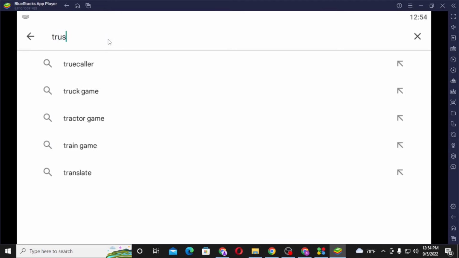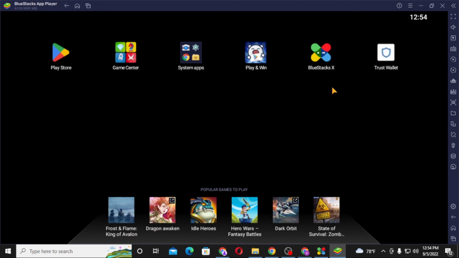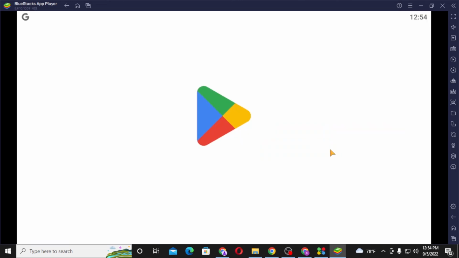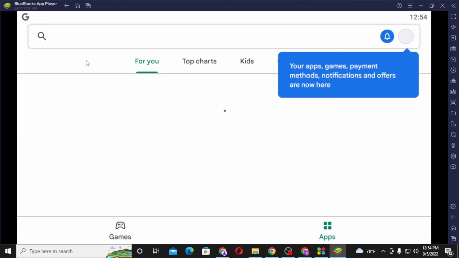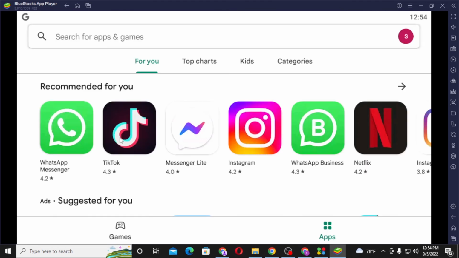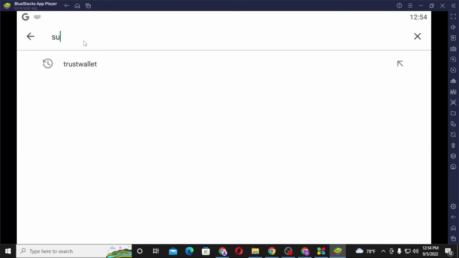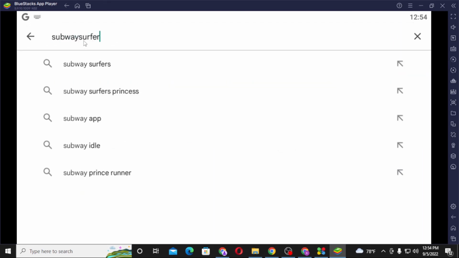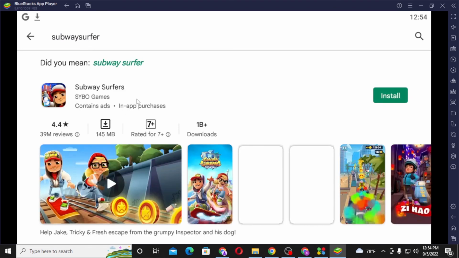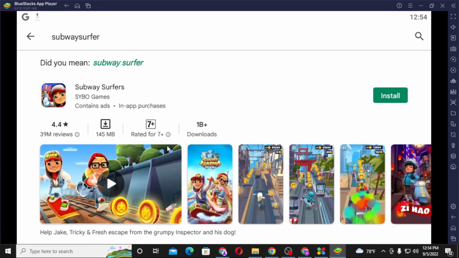For me, you can see Trust Wallet over here, and you can update your Trust Wallet from over here. Let's open it again. If you want to install TikTok, you can see TikTok available over here, Netflix, Facebook, and let's go for Subway Surfers. And you can see there is the Subway Surfers option available. If you click on install, this game from the Google Play Store will be installed on your BlueStacks emulator on